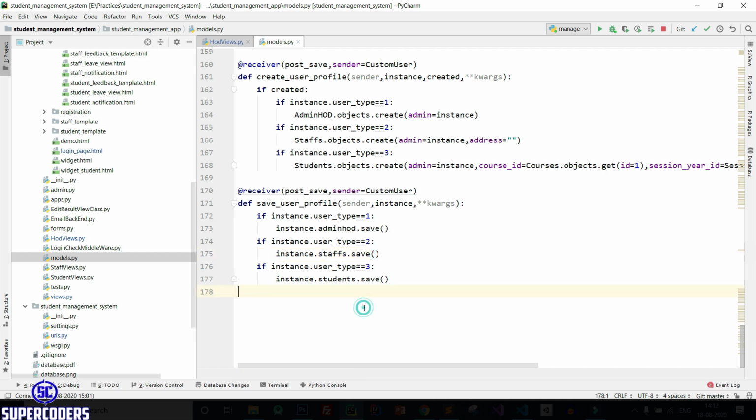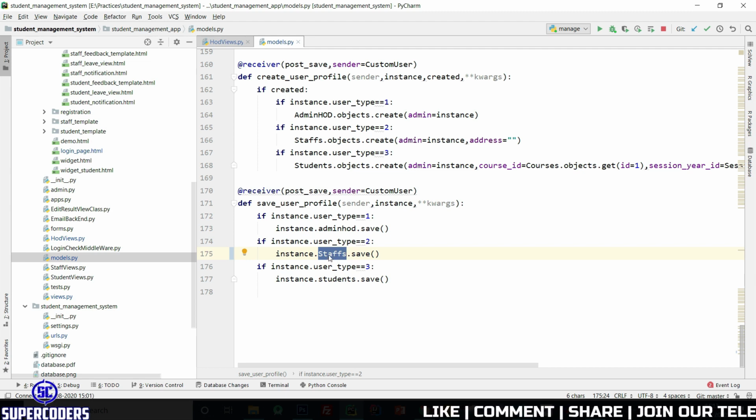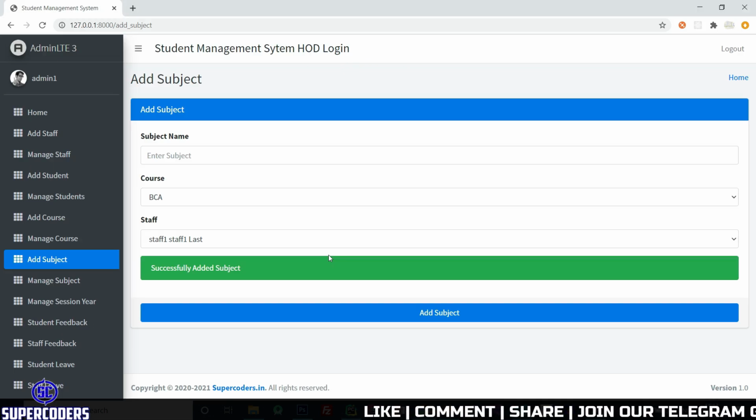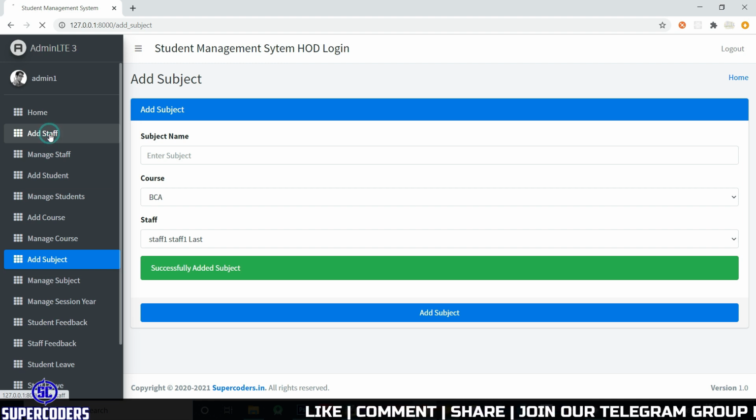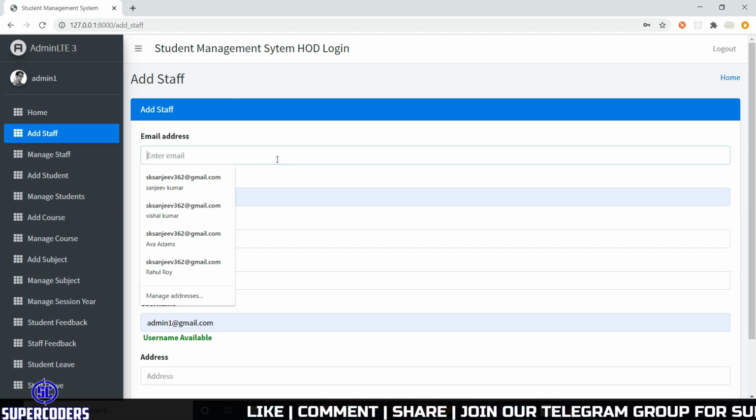Also notice one more thing when working here: all the letters must be in small letter. Means if you change this to Staff, which is our model name, then it will not work. Let's see, I change it here to Staff. Now save it. Again back here, click on add staff, and let's add a staff,